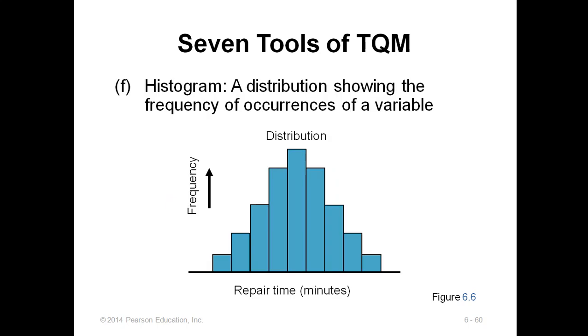The other tool that we have is the histogram. It's a simple distribution showing the frequency of occurrence. We can have multiple problems, for example repair time and its frequency, and we want to know the frequency of the repair time. So we have distributed the data and we want to check the frequency. If defect A, B, or C is happening more, we can control it.